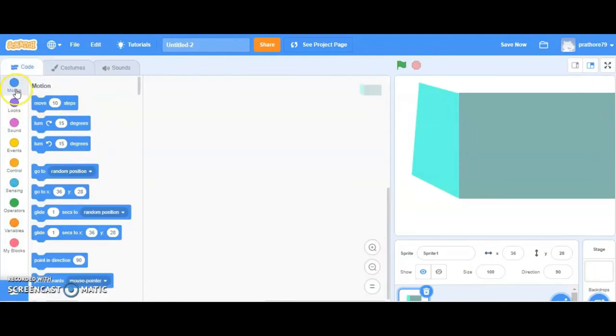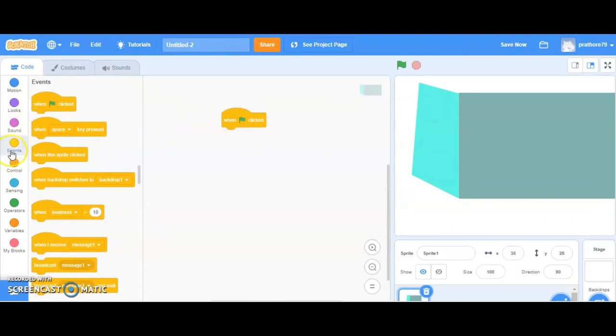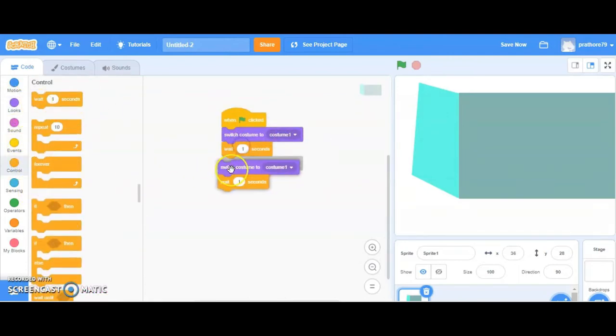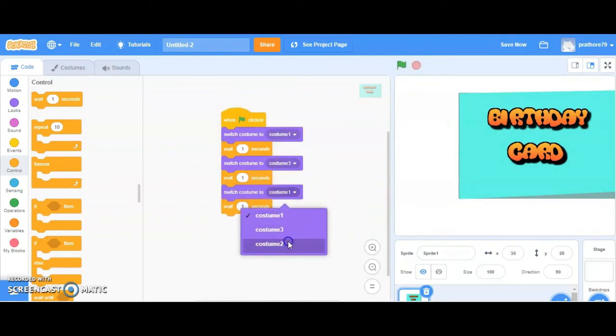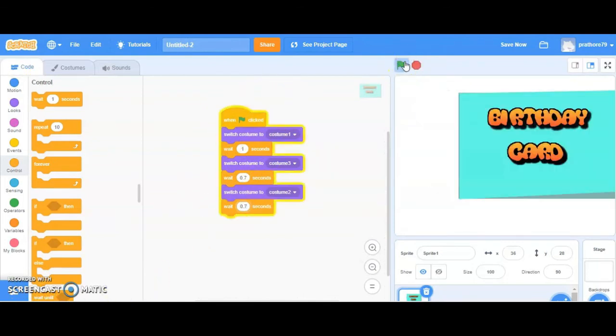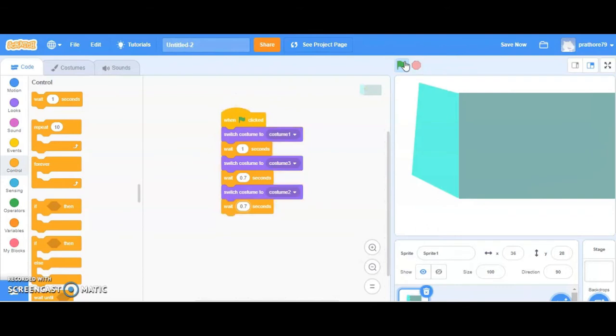Let's put the code over here. So your card animation is ready. Now I am going to adjust the timing over here. So this is done. I want my pictures to be here. So what I'll do,